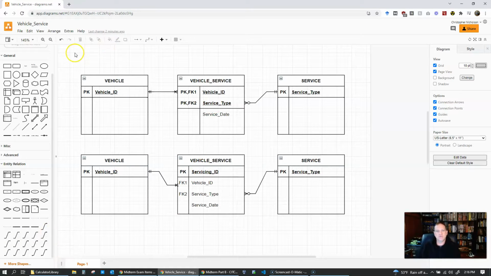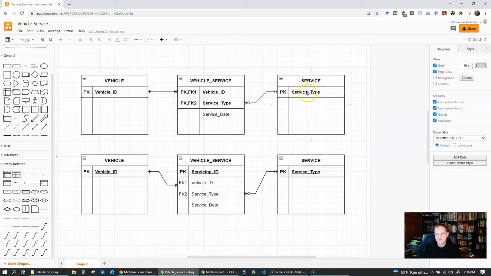So just modeling that participation thing, you notice that this is mandatory still, because if you bring a vehicle in to get a service, it's going to be entered into that middle table at least once. So you bring in car number 1 to get a service. You don't know which service you're going to get. It could be any of them, but you're going to have vehicle 1 on that line. And then over here,